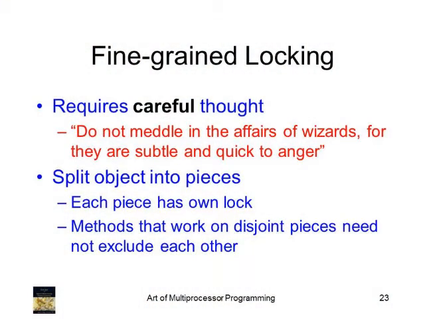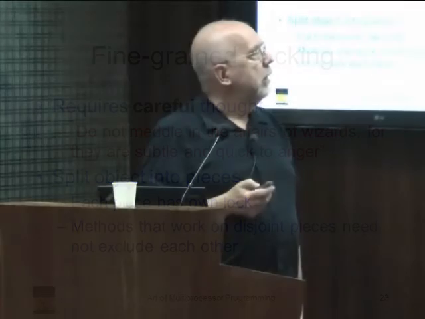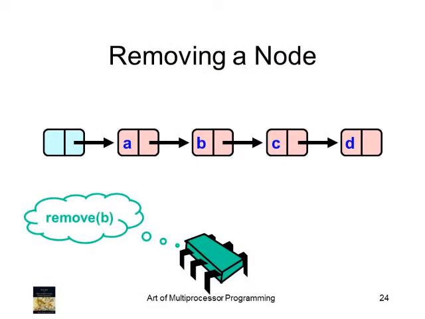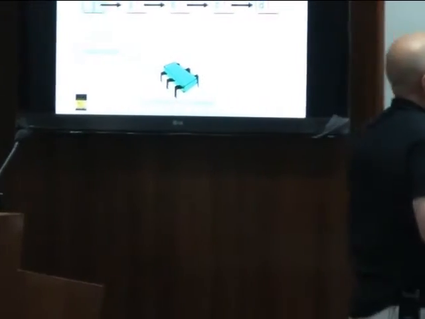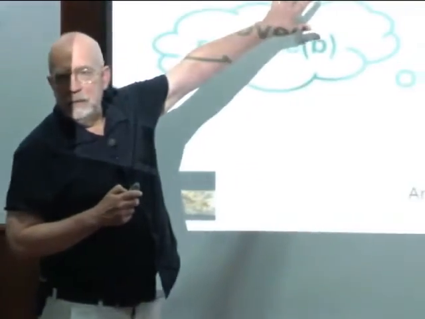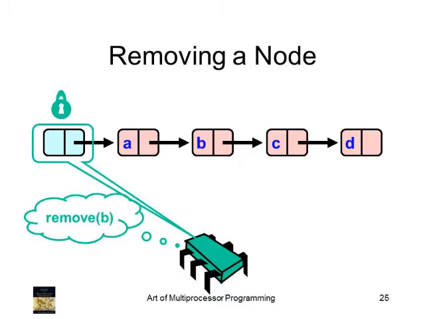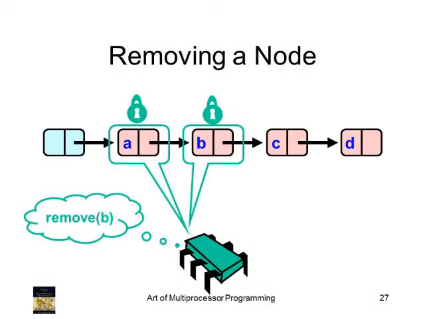Fine-grained locking, as I mentioned before, is hard to do right in many cases. The example that we had was hand-over-hand locking, where instead of having a single lock on the entire list, we would put a lock on each node, on each piece. And this would have the property that you would lock a node, lock its successor, release the previous one, and then acquire the next one. This is hand-over-hand locking. And this has the advantage that it gives you more concurrency because threads can traverse the list simultaneously, provided they're looking at